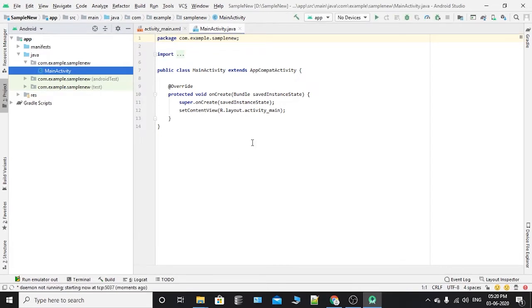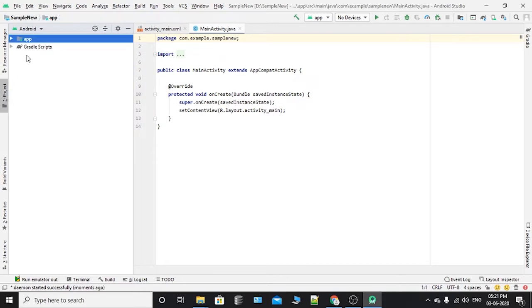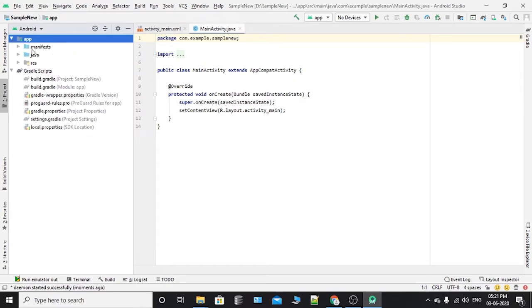Okay, it's fine now. This is our Android setup. This is default. You can see two folders, app and Gradle. This Gradle file is all about default, and this app file contains three packages: manifest, Java, res, which means resource. Today we will see about Android manifest.xml.